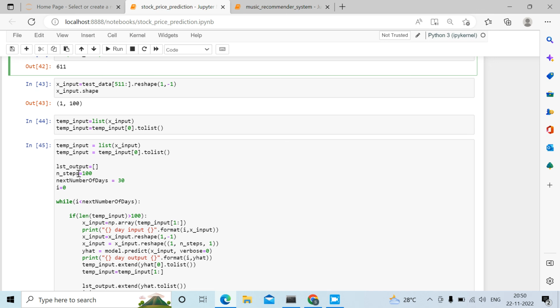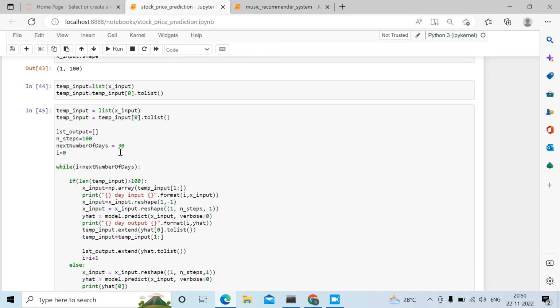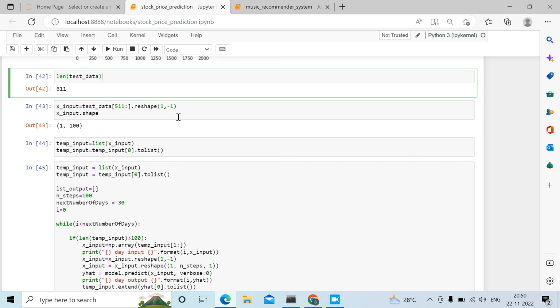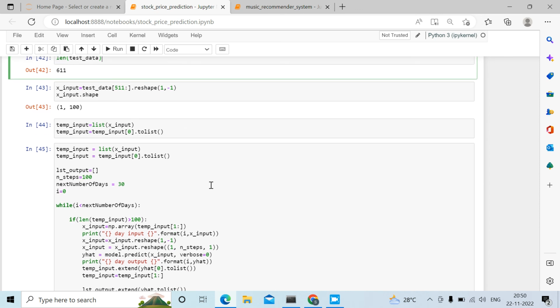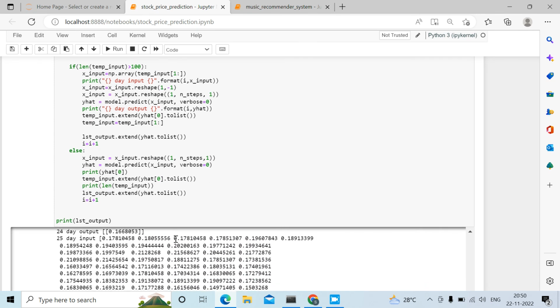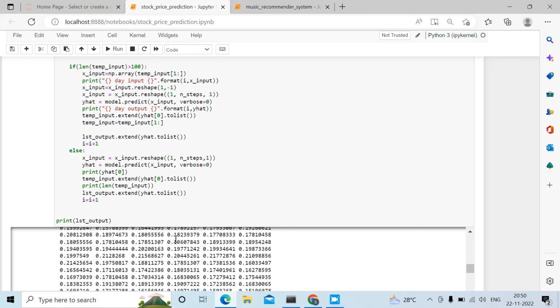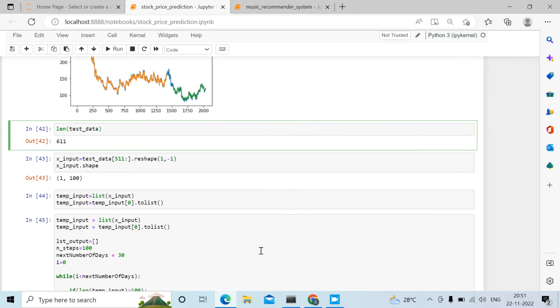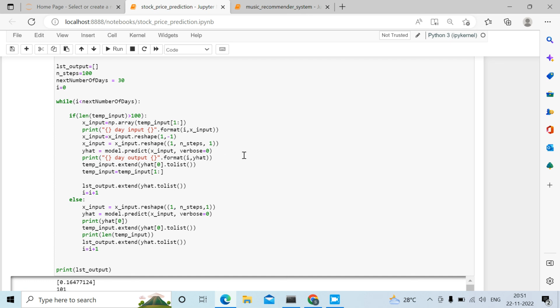Your n step is 100. The number of days that we are going to predict is 30, so I have given 30. This reshaping is the most important one in this LSTM model. Reshaping and scaling the data are a must. So over here it is the same thing as I previously said. First, for example, I will be giving the input as 1 till 100, and the 101 it will predict. Like over here I have mentioned X input np.array